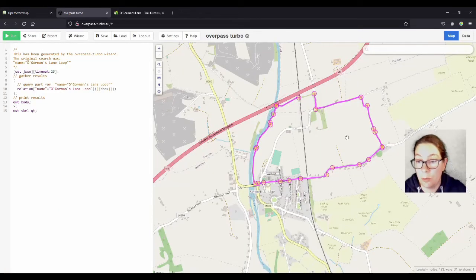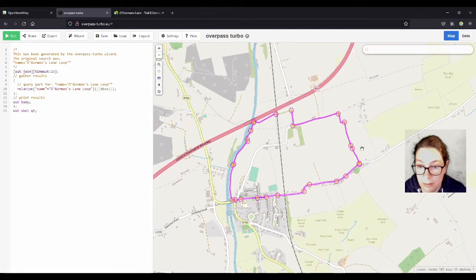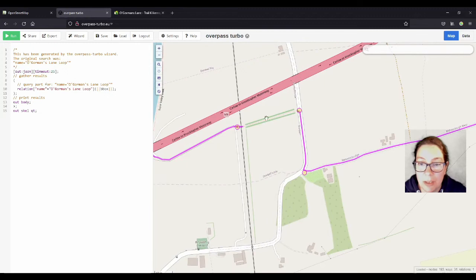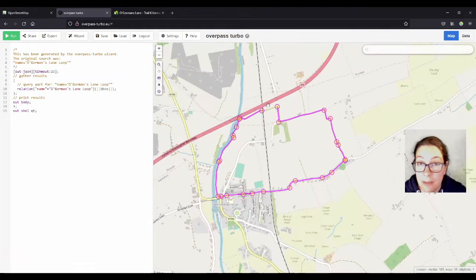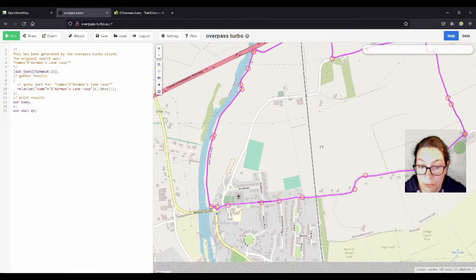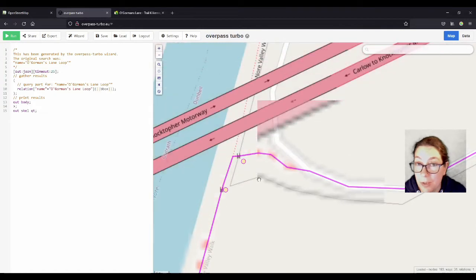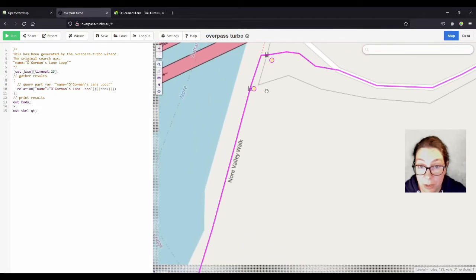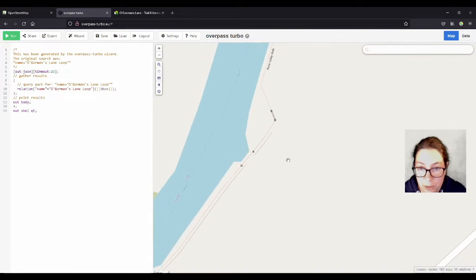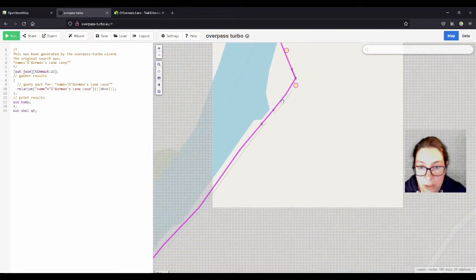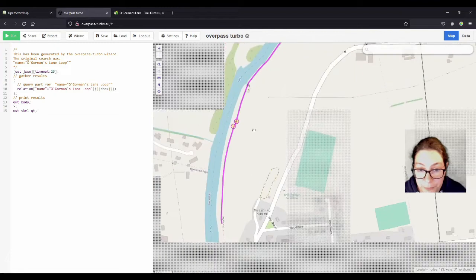There we are now. So we have the track and all the trail markers. And you see I forgot this bit here. So I will just go into the map and add that. But this is a way to check whether you've missed little bits, because sometimes you might miss a bridge or something because it's only like a meter or two long. But of course I paid a lot of attention. So there's a bridge here and you see all the stiles along the way now.